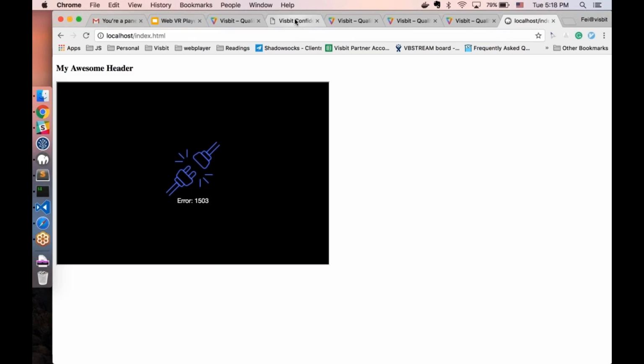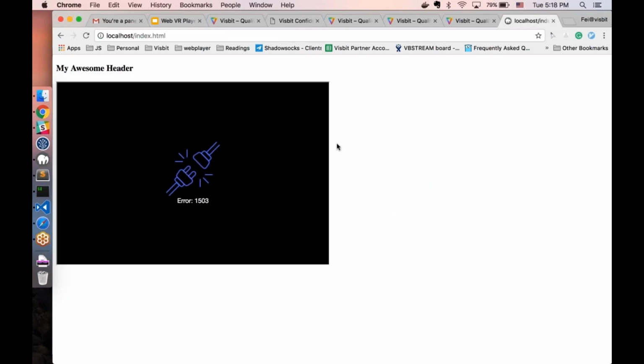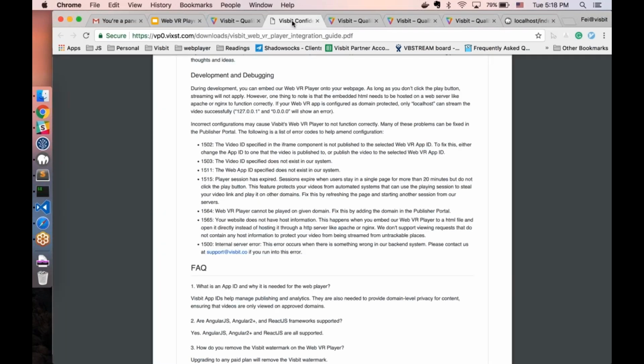And then if you embed F, it will work correctly. And then similarly, if you mistakenly paste around the video ID, and then refresh the page, it will tell you another error, and you can find the error code here. Okay, so this is almost what I want to talk about integration, because I've designed the integration to be really easy for you, so that you don't really need to have a lot of problem or difficulties when you do